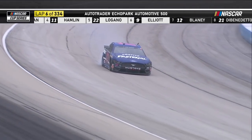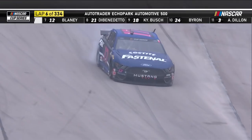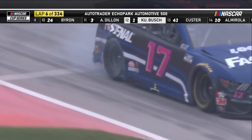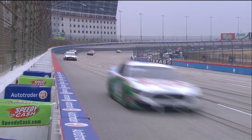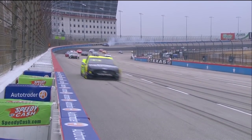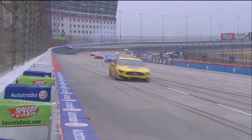You know, years past, you could say, all right, maybe you can hammer the sheet metal out, cut it away, put a new deck lid on it. But with the crash clock in the recent years, that car is not going to be repairable. It'll be the end of the day. Let's take a look, see how this all got started here. This is after he's already lost control of the car. Can't see how it started. Like you said, Steve, that contact's going to be enough to end his